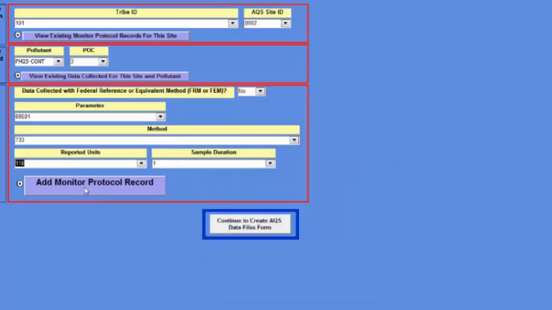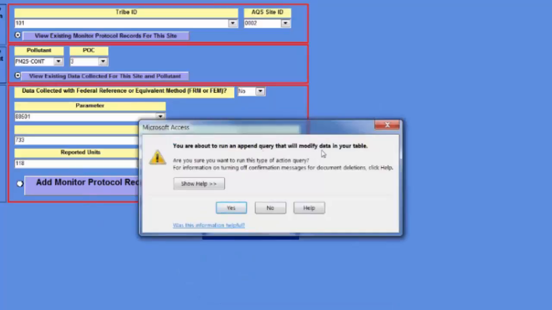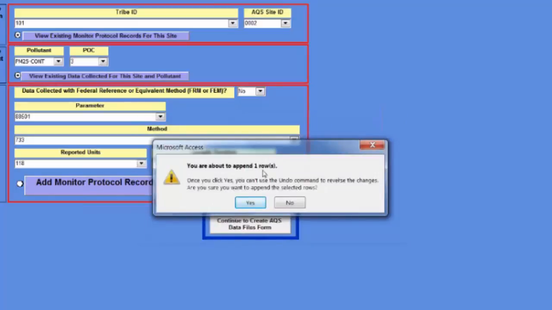So I will click on that, and I'm going to run an append query that will modify data. So yes, I want to add that to the toolbox, and I'm going to append one row. Just like I said, every time you add a new monitor protocol record to the toolbox, you'll be adding one row. Say yes,